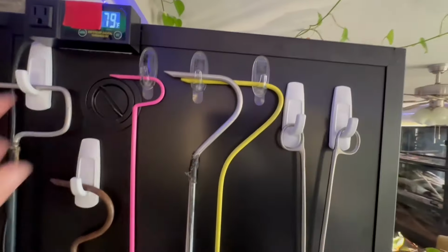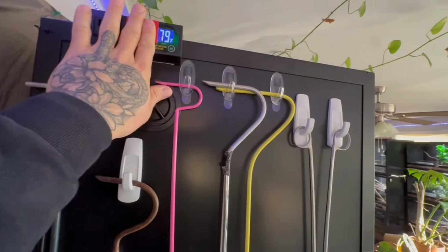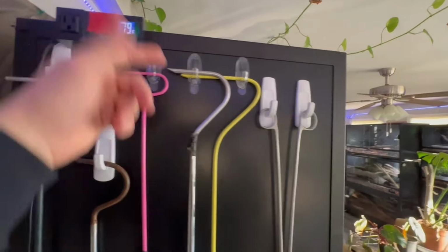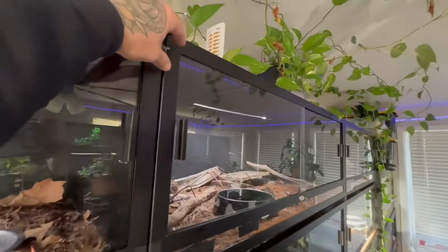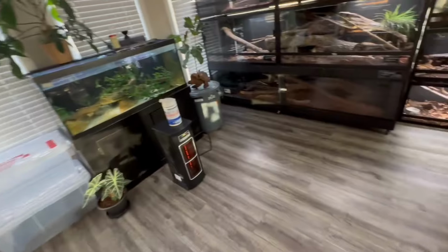This is actually like a thermostat, but I don't have it plugged into anything, so I covered up where to turn it on at. And then this is just monitoring right here. So yeah, that is number 4 on the list, and number 5 on our list directly ties in